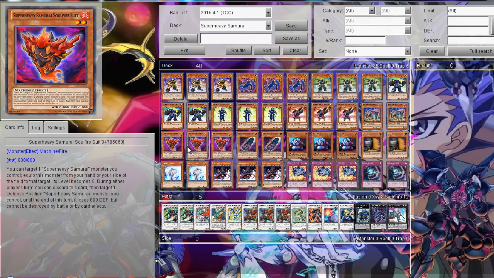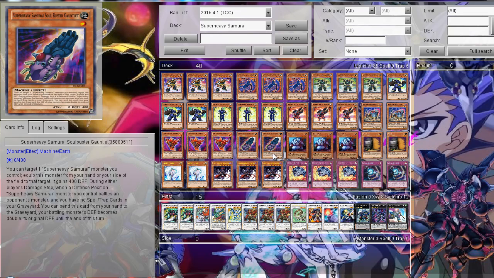Then your Superheavy Samurai hand traps. Superheavy Samurai Sulfur Suit, which protects your Superheavy Samurai monster from card effects. So yeah, it's really good, or from battle as well. Then Superheavy Samurai Soulbuster Gauntlet, 2 of them,